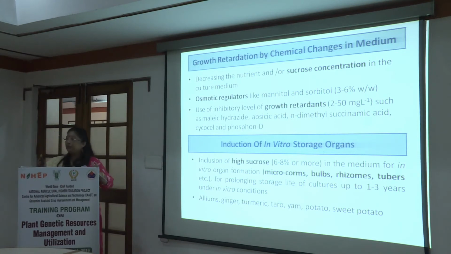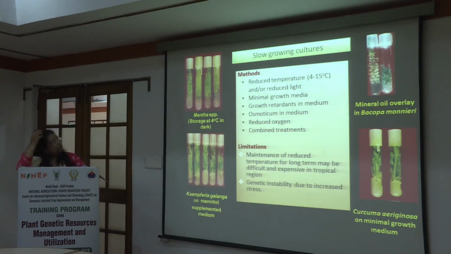Because we are working with vegetatively propagated crops, which in nature produce perennating organs, tubers, bulbs, rhizomes, the same can be induced in the tissue culture by manipulation of the medium, especially by increasing the sucrose concentration, and that is what is normally done for achieving in vitro storage for these group of plants, the garlic, ginger, turmeric, taro, etc. So just to illustrate the example,